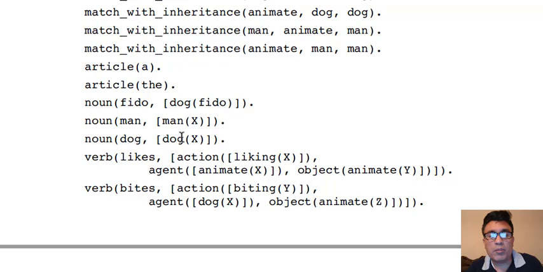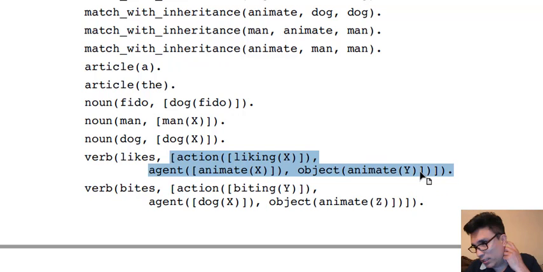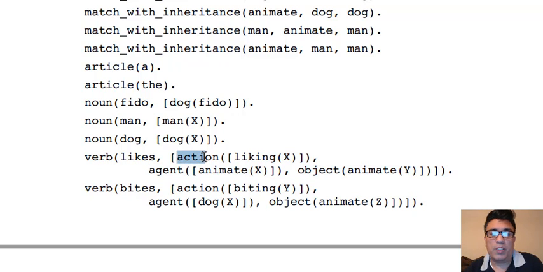So for example, here on nouns and verbs, we got some structures. You see here, this is something we're going to call the frame, and that was one of the ways of knowledge representation that we studied before, and a component of the frame are the slots. So in this case, you see there is action, agent, and an object. So this is an action of doing something over